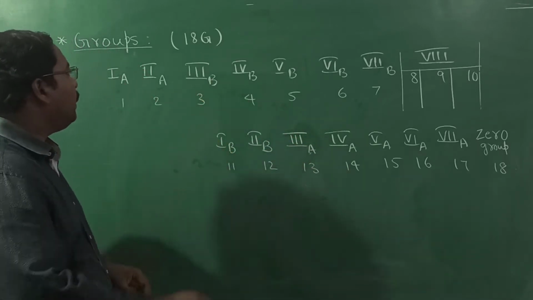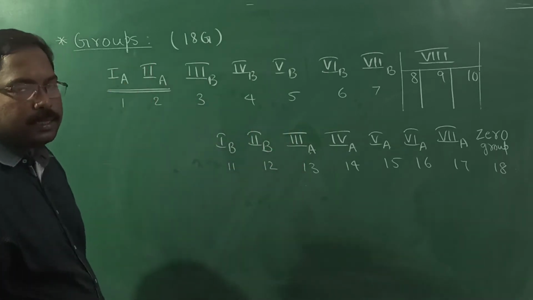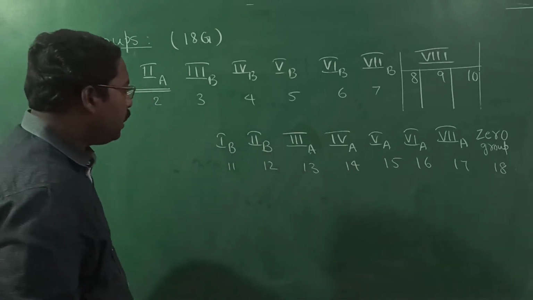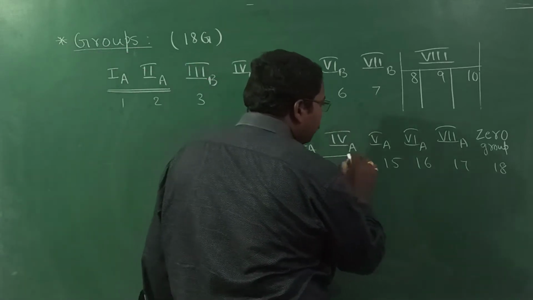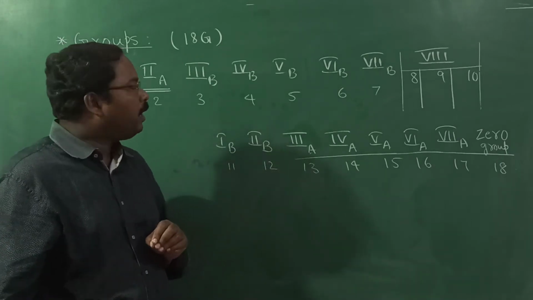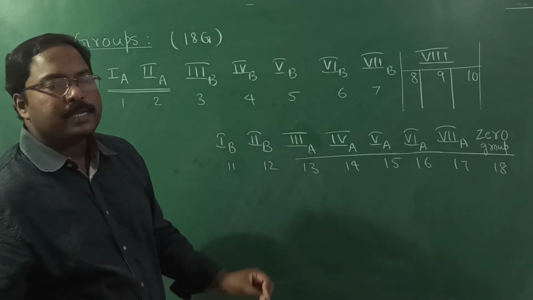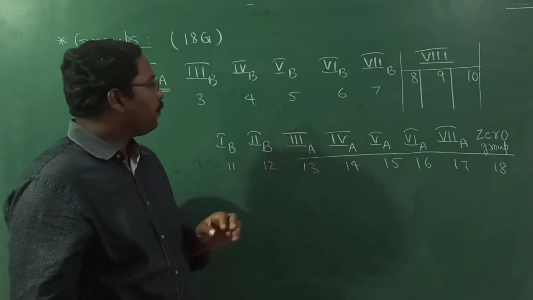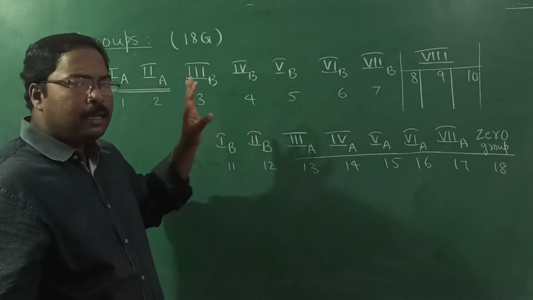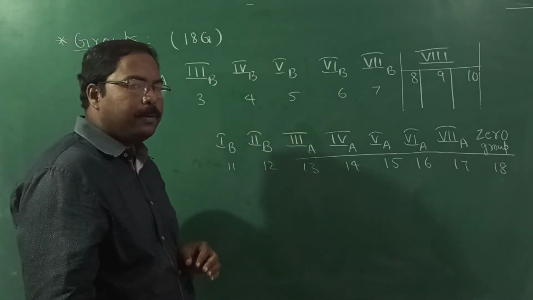If you observe, these 1A and 2A groups are generally called S block elements. And from this third A to the 0 group, these 6 groups are known as P block. Now in the middle, whatever B type of groups are there, generally these come under D block. We will discuss all these further in detail. So first just note down the order of arrangement of the groups in the modern periodic table.